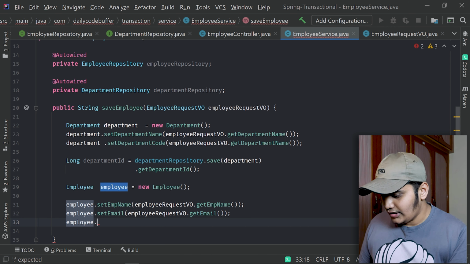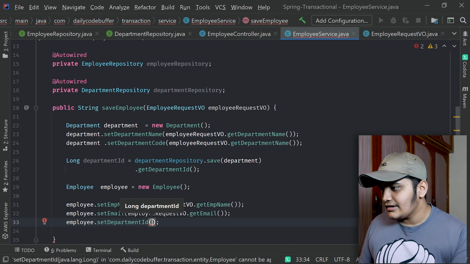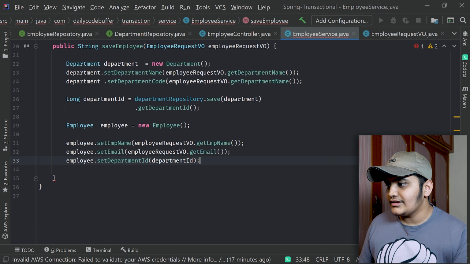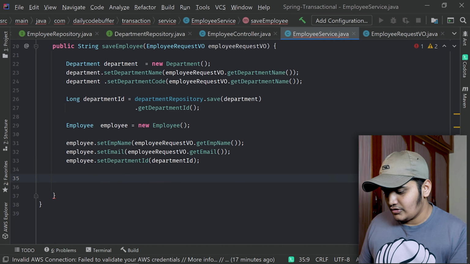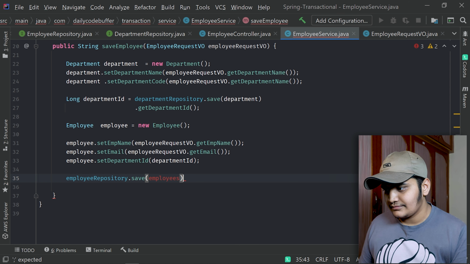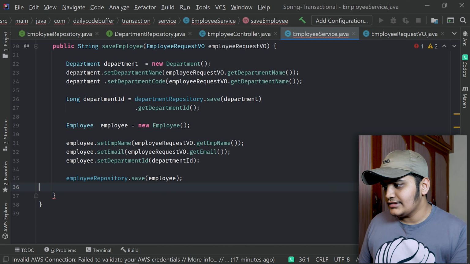We can do employee.setDepartmentId, and the department ID is the one that we took from the department object. Okay, you can see that we set all the information in the employee. Now we can save the employee. So we can do employeeRepository.save and pass the employee over here.